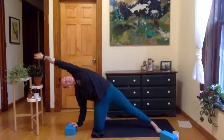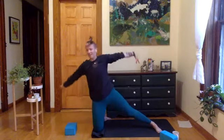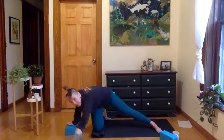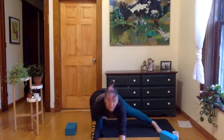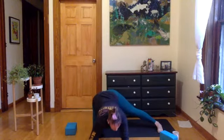Connect to your core, breathe in, lift. Breathe out, back down to the earth. Great control. Sweep your left arm forward. Let the right arm follow. Stick your butt back. You can readjust your feet and your legs as much as you need to so that